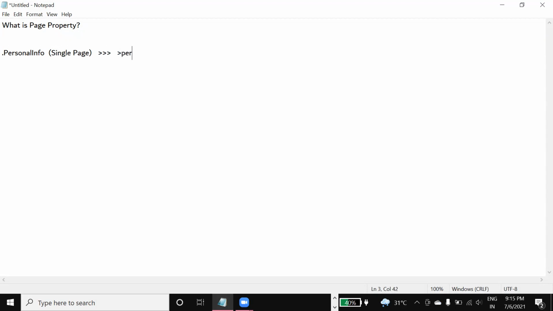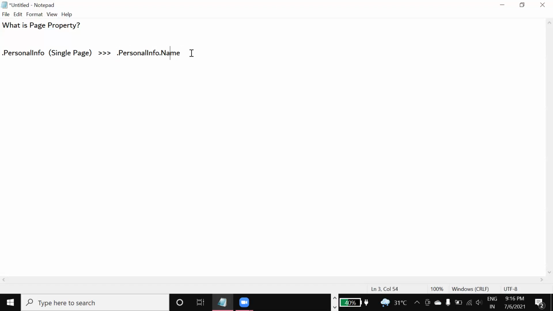Let's take an example, .PersonalInfo.Name. Here the Name property is a single value property which can store only one single value at a time, but .PersonalInfo is a page property. This is the naming convention and syntax of a single page in the clipboard structure.